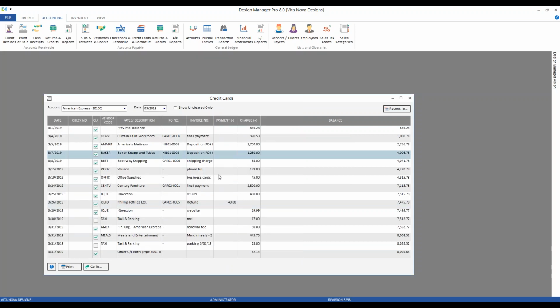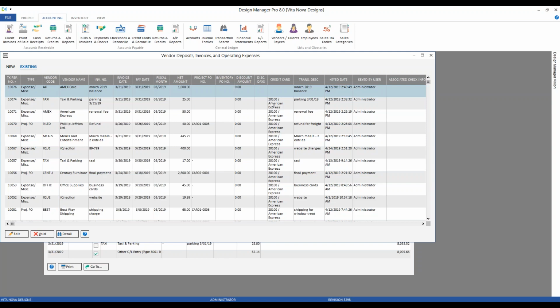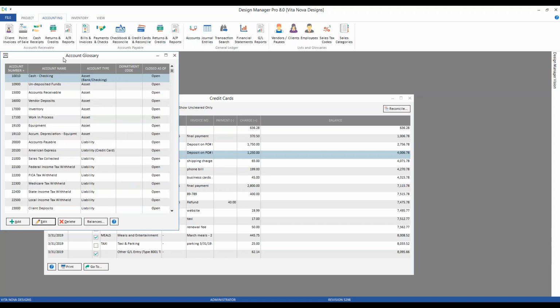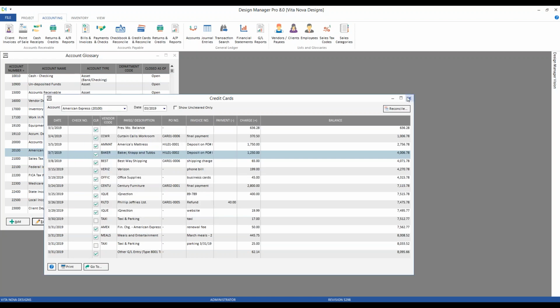The problem is the vendor that I just paid, which was AX for Amex card, is not the vendor associated on our account glossary with our American Express account. That is our AMEX vendor as the credit card payee. For payments to the vendor, the credit card vendor must be the same. The vendor used on the operating expense to pay the vendor has to be the same one listed in the account. In our case, they were different,